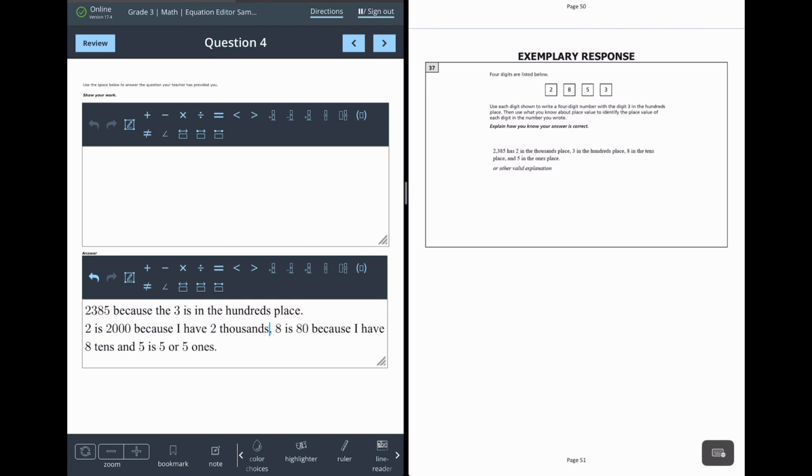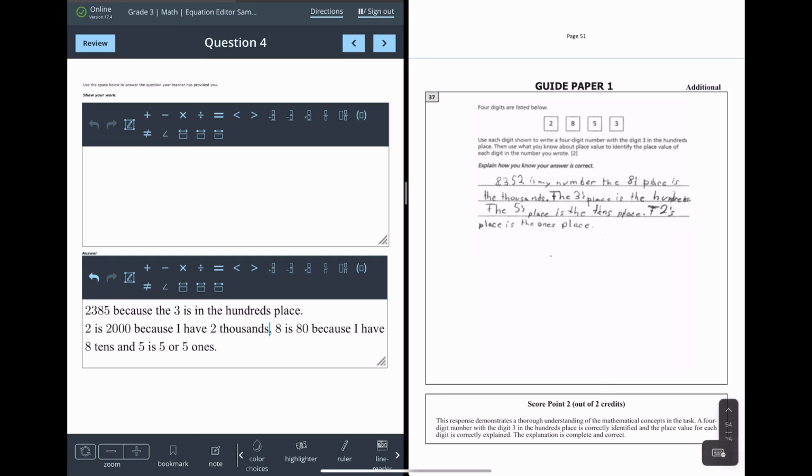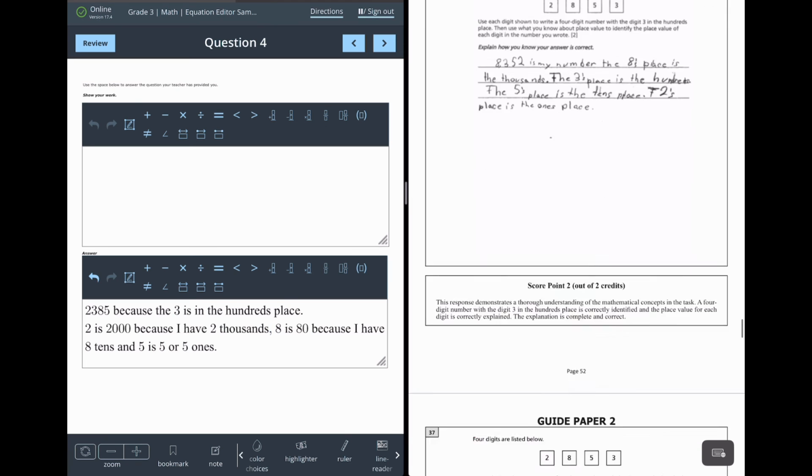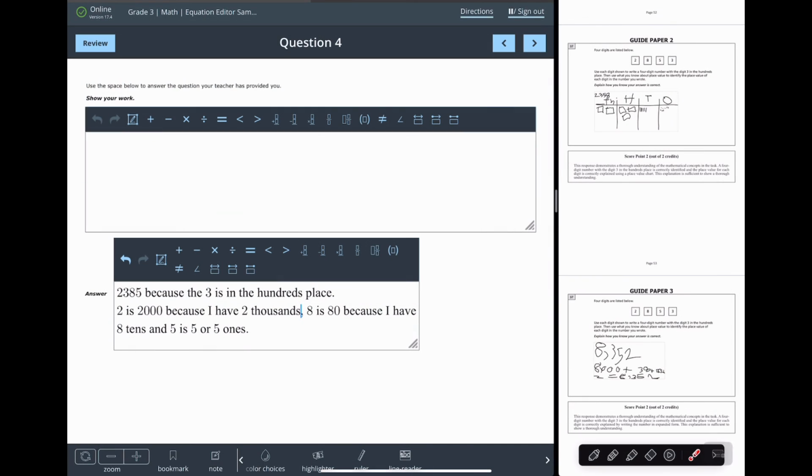The 2 is in the thousands, the 3 is in the hundreds, the 8 is in the tens, the 5 is in the ones. So here's a kid, they wrote a different number, but again, the 8 is in the thousands, the 3 is in the hundreds, the 5 is in the tens, the 2 is in the ones. Full credit. Another kid drew a picture. This works. Why didn't I think about this? I could have drawn this in there, but I want you to also think about what it's like to draw that. So in real time, if I try to draw that,